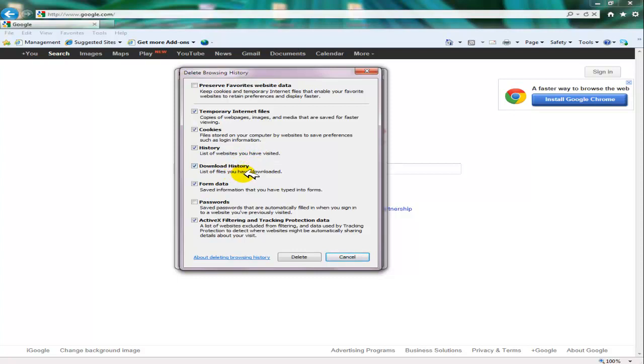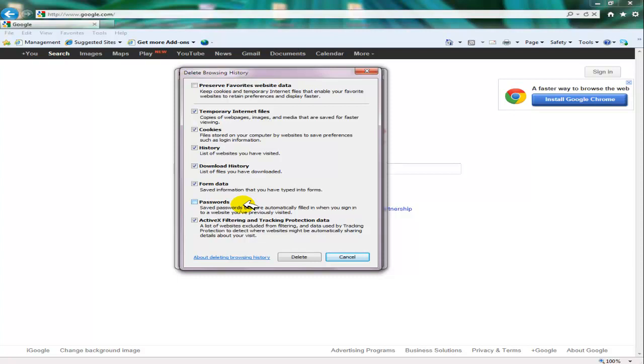Download history, a list of your downloads. Anything you download in your computer, there's another file in your computer that saves the history of all the downloads you have done. Form data, saved information of any type of forms you have filled out online. Passwords, usually in Internet Explorer, when you put a username and password and you click on save password, it might prompt you on the lower part of the page, save password.